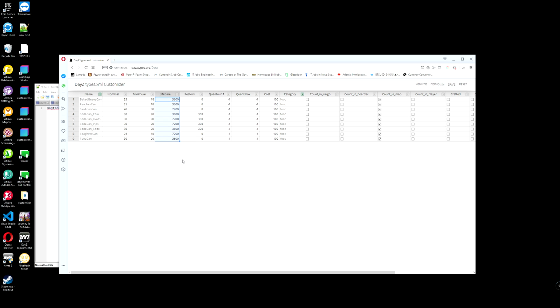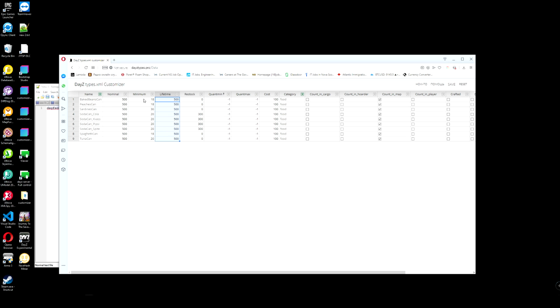Select whatever you want, press Ctrl C, and here press Ctrl V. Nominal is not recommended more than 500, so there's a warning here. Let's try it like this.